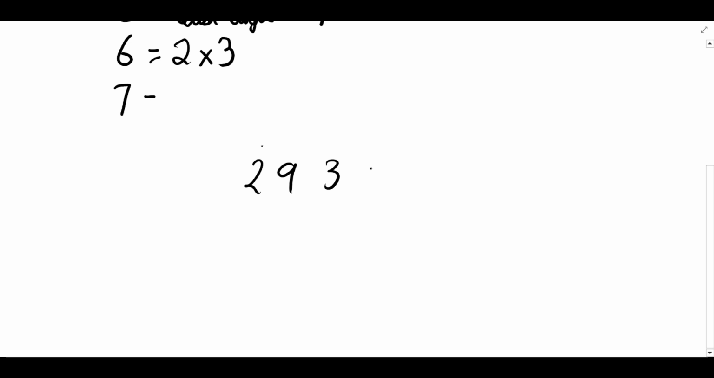So we have 2, 9, 3, 4, 6. 5 digits enough for now. So take 6, the last digit. Okay, double it, you have 12. So 2934 minus 12. That gives you